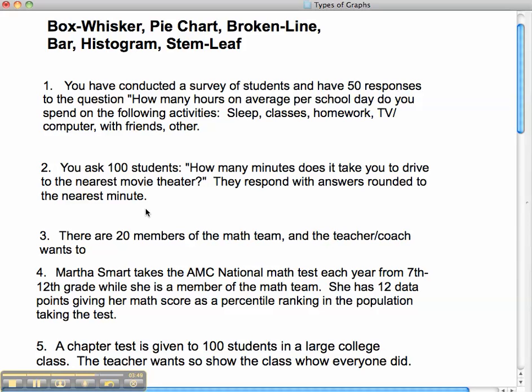You ask 100 students how many minutes it does take to drive to the nearest movie theater. They respond with answers rounded to the nearest minute. Out of 100 students,